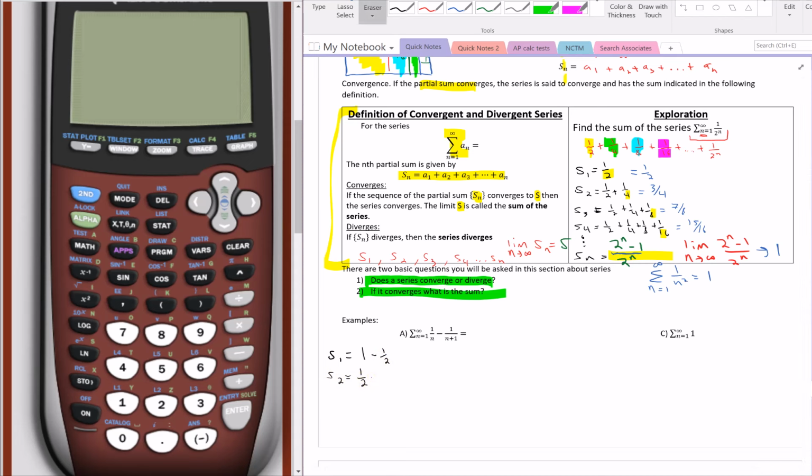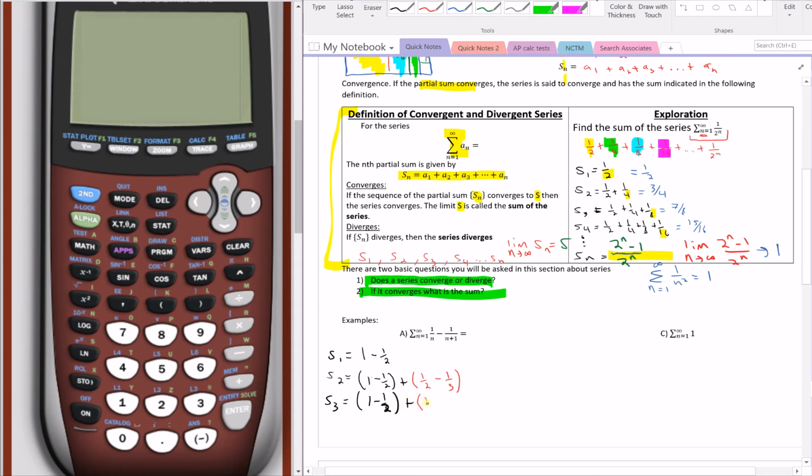No. S2 is the sum of the first 2 terms. So the S2 is the first term, which is 1 minus 1/2, plus the second term, which is 1/2 minus 1/3. And then S3 is the sum of the first 3 terms,